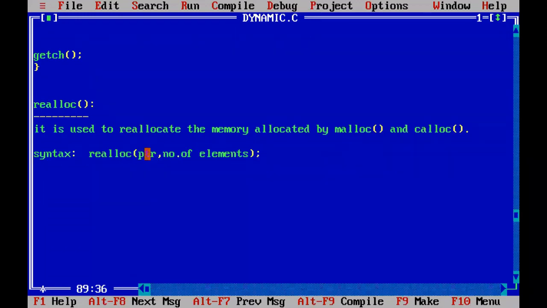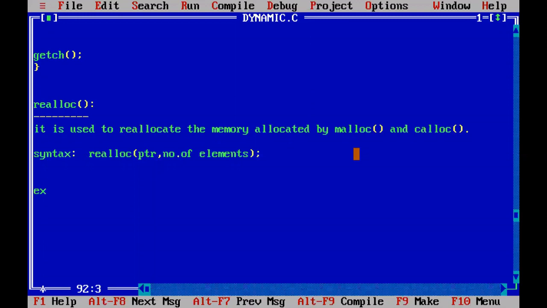And 6 bytes of memory is added to the already existing memory of PTR. Whatever memory is already associated with PTR, additionally 6 bytes of memory is added to that memory. That means for 3 elements, extra space is created and added to the PTR only. That means we are reallocating the memory which is already allocated by the malloc and calloc functions. And if you have any doubts, they will be rectified in the program. Now write a program by using the realloc function.